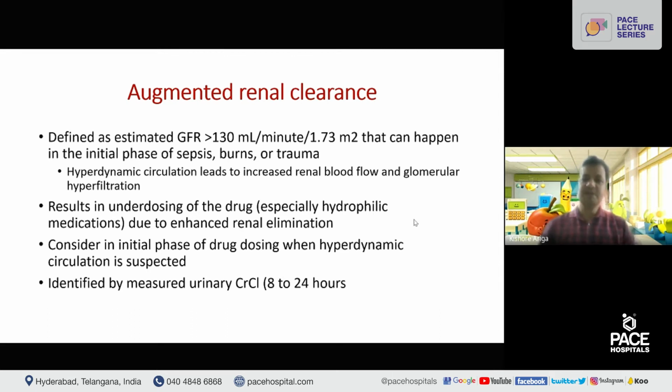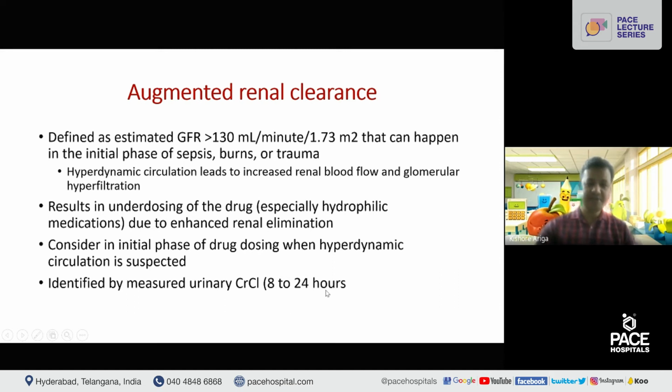One more concept is the augmented renal clearance. Augmented renal clearance is the presence of higher GFR in the initial phases of sepsis, burns, and trauma. This happens because of the increased blood flow to the kidney because of the hypercirculation. Sometimes the GFR can go up to 190. So, if we give the drug at normal dosages, thinking that the kidney is normal, it will be more eliminated and less effective. So in the initial phases of the hyperdynamic circulation, we need to consider the augmented renal clearance,